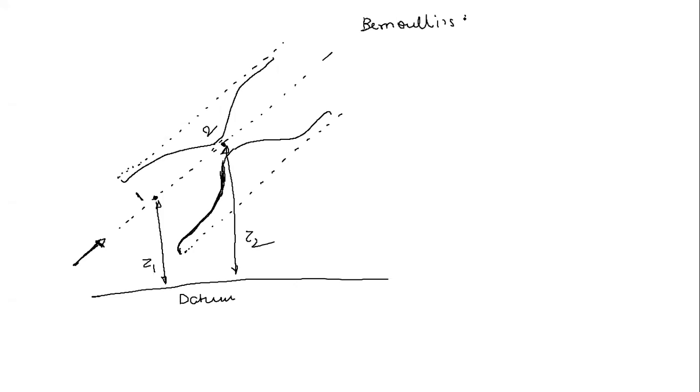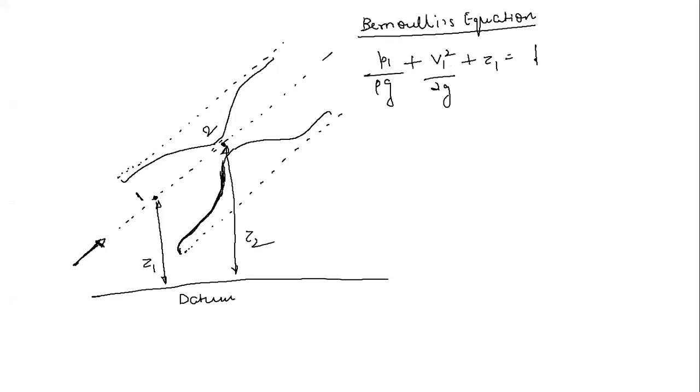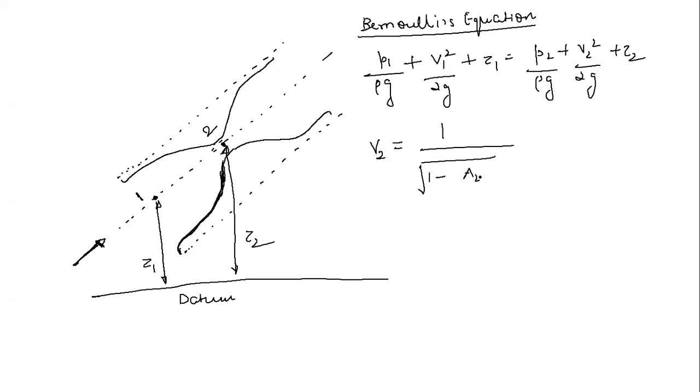That is a very important application of Bernoulli's equation. It will give you P1 by rho g plus V1 square by 2g plus Z1, equal to P2 by rho g plus V2 square by 2g plus Z2. Finally, you solve this equation and you will get V2 as 1 divided by square root of 1 minus A2 square divided by A1 square. Then actually we use the continuity equation as well. You know that for a steady flow,